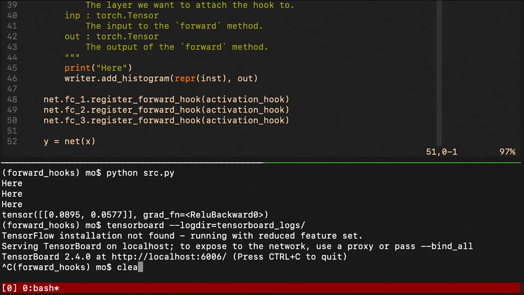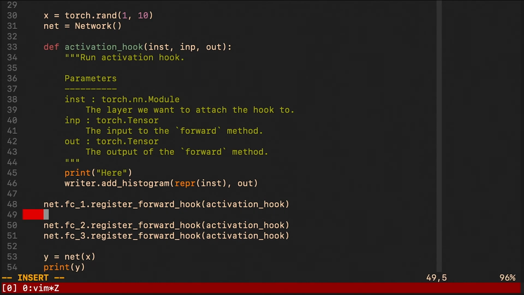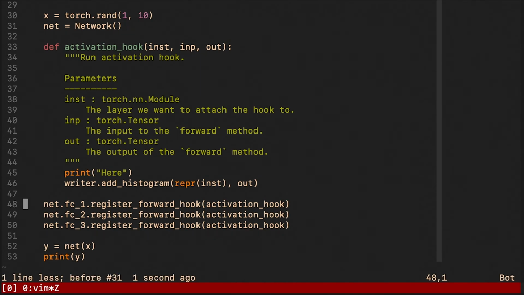Before I finish this video though, let me just note one more thing. And that is, you probably wonder, well, what if I also want to dynamically remove a hook? Because now, whenever you call the network, the hooks are going to be active. But what if you want to dynamically choose when the hook is active, when it's not? Is there a way how to deregister the hook? And the answer is yes.